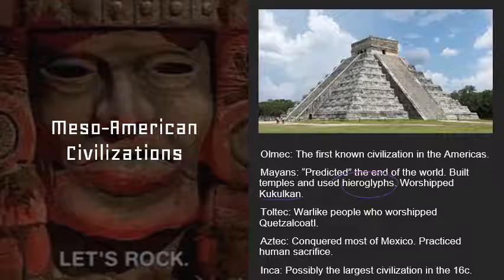But another thing that the Mayans really interestingly did is they built these pyramid-like temples. These temples are really cool because we have a tendency to think of pyramids and we think of Egypt, right? Well, pyramids actually kind of cropped up in a lot of early civilizations, and the Mayans had no contact with the ancient Egyptians, so they didn't learn it from them. They didn't learn it from anybody.